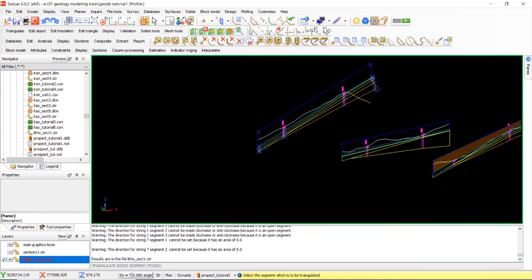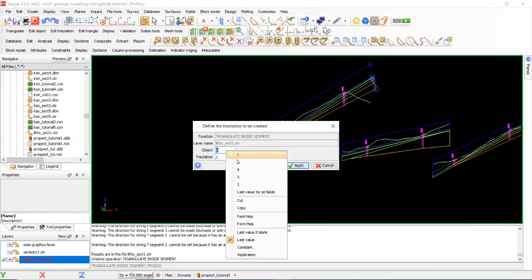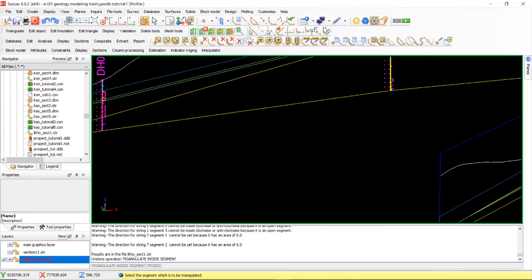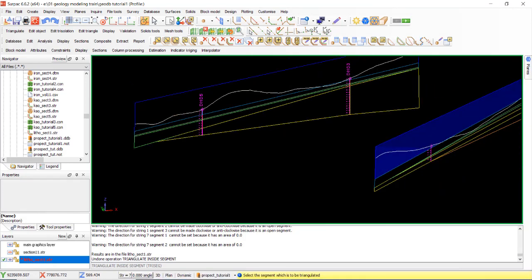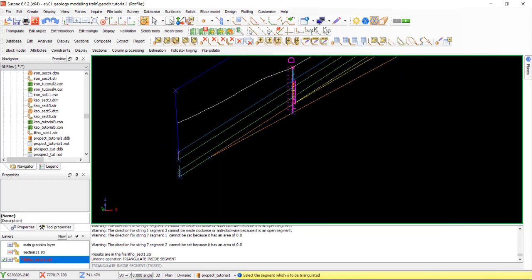Oh, sorry, not. Undo. It must be number 2. Number 2. Yeah, number 2. Same as string, but not the same is okay, it's only for my control of the layer.